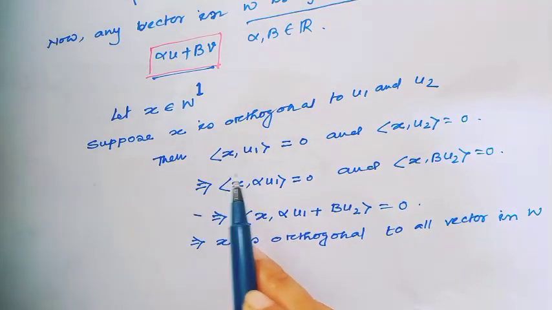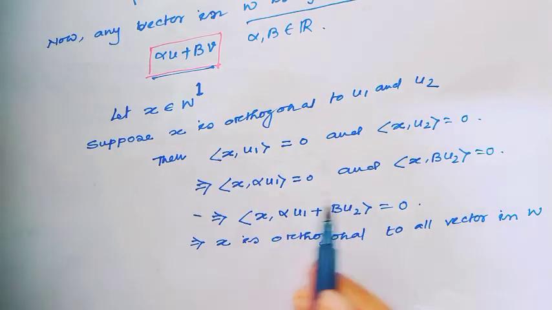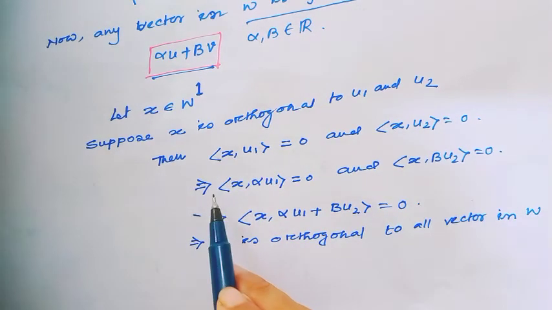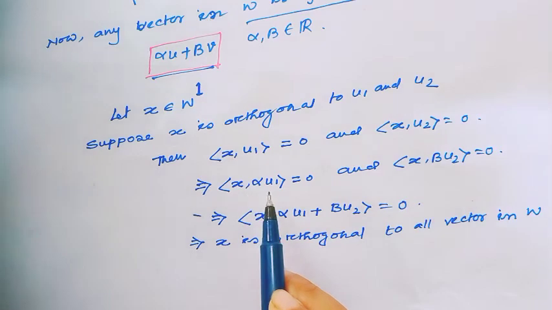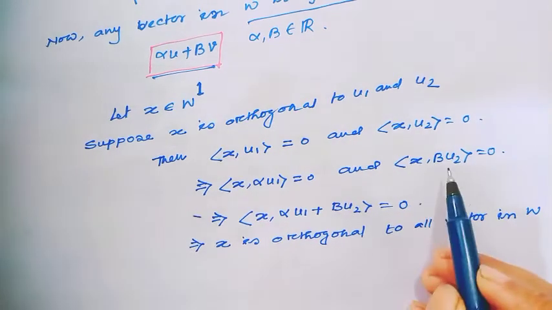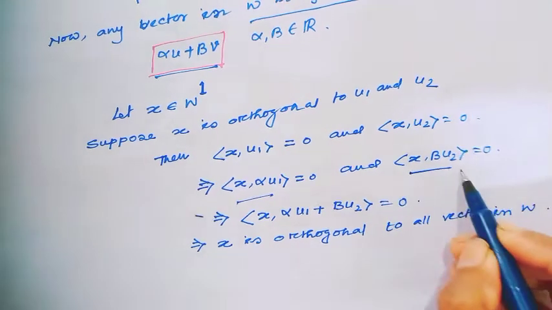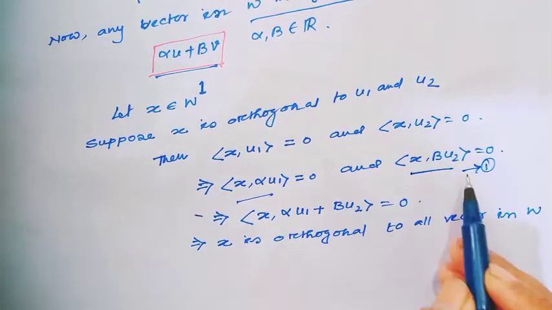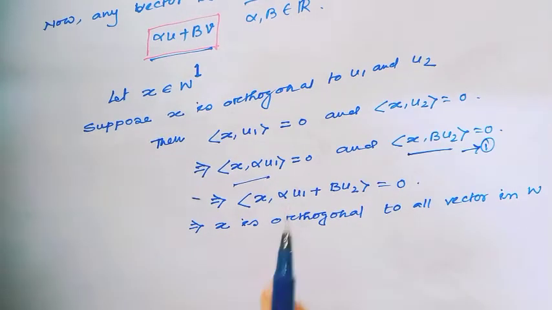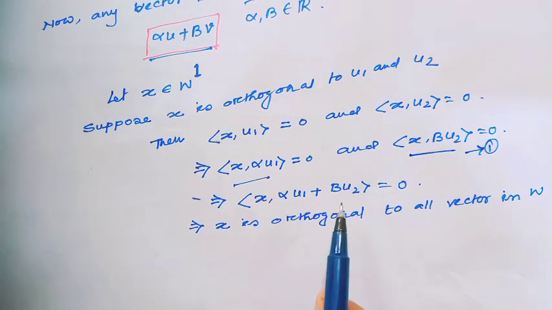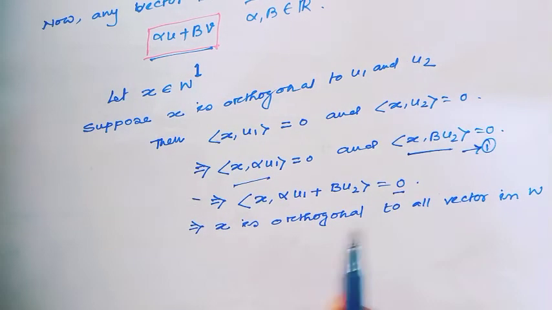If we multiply by scalars alpha and beta, then inner product of X with alpha U1 equals 0 and inner product of X with beta U2 equals 0. And adding these two,